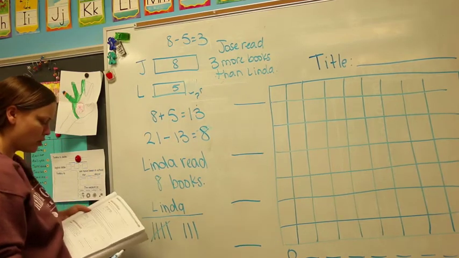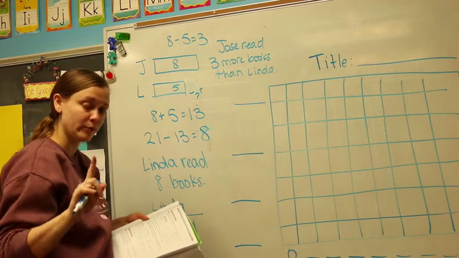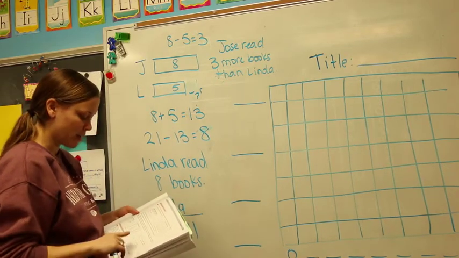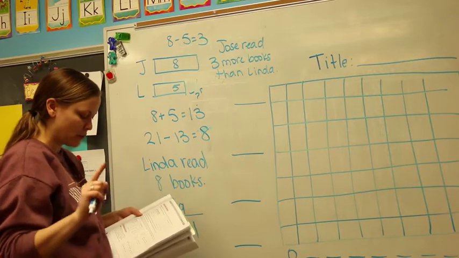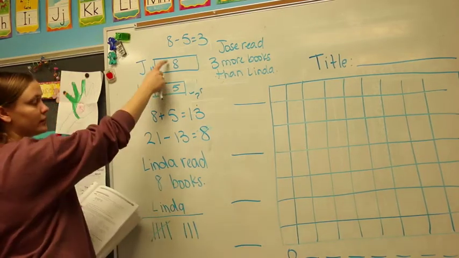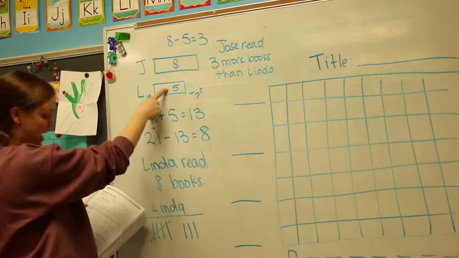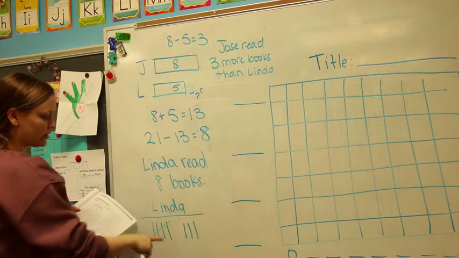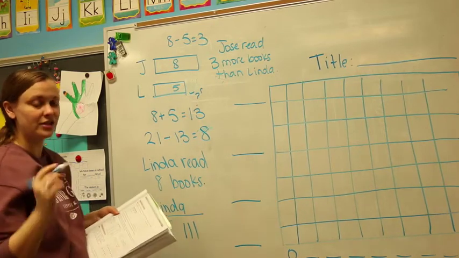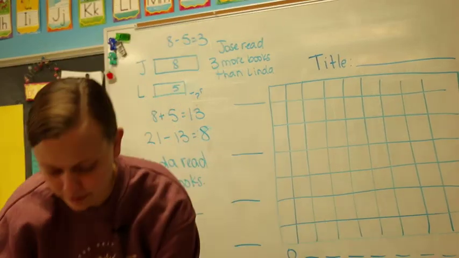And then on your picture graph, you're going to put circles again. Remember, we're using circles for the number of books. So each circle stands for 1 book. So under Jose, how many circles are you going to put? 8. How many circles would you put for Laura? 5. And then for Linda, how many circles are you going to put? 8 circles, and fill in your chart. Okay, so for the lesson then,